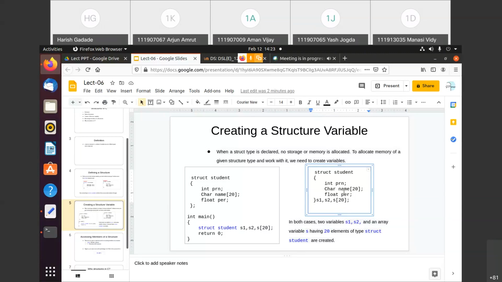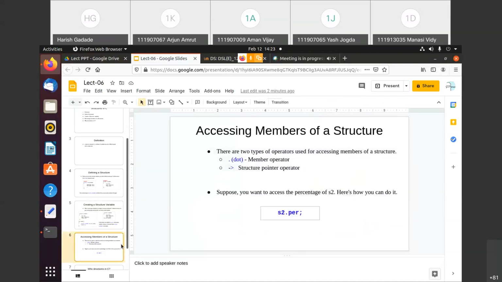Similar to that, S of 1 PRN, name, percentage, like S of 3 name, PRN, percentage. So like this from this cluster, right? So here, how to access the S2 percentage? This is the way to access the S2 percentage: S2, then dot operator, then percentage. Getting this?